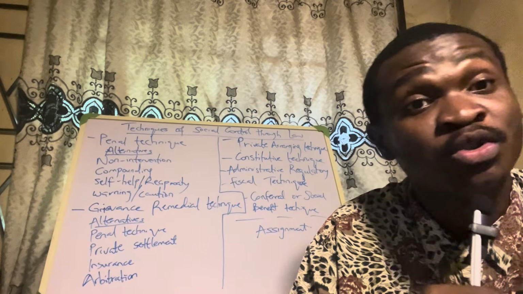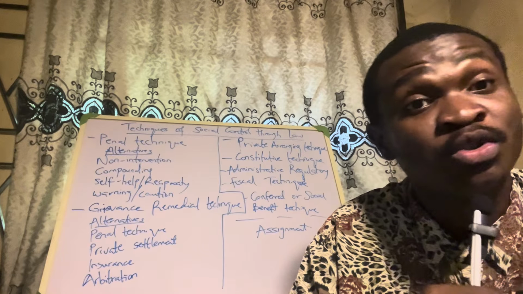But now we have the law. So, the people that are even surviving in our society as it is now are not necessarily people that are physically strong, but people that are knowledgeable about their rights. That is why you will see that somebody will be arrested, and the person would know that you are not supposed to spend more than 24 hours in the police custody. If you do that, especially when a court is within 40 kilometers radius, then you can now go to court. But if you do not know it, you will probably rot in that custody. So, if there was no law, man's life would be anarchical.